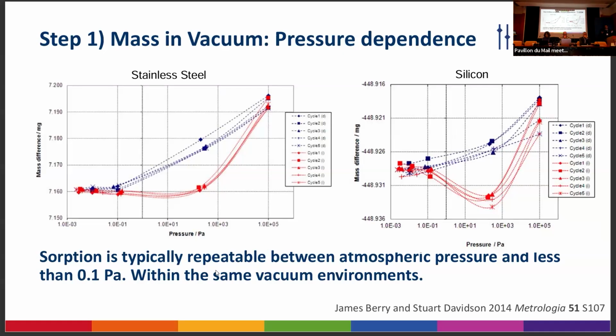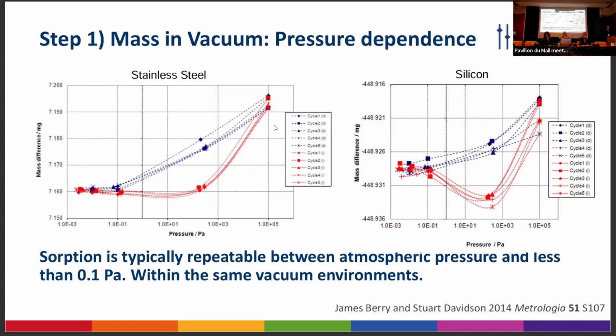So the question is if your vacuum environments are different, between your vacuum balance and your Kibble balance, you want to make sure that the value you're measuring in the Kibble balance is the same as the one that you carry into the vacuum balance, and that they're disseminating out into the world. And so this is work done by James Berry and Stuart Davidson from NPL,